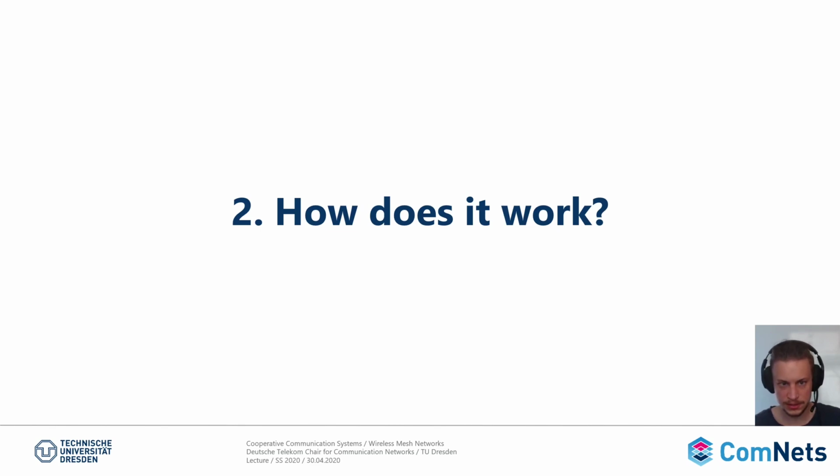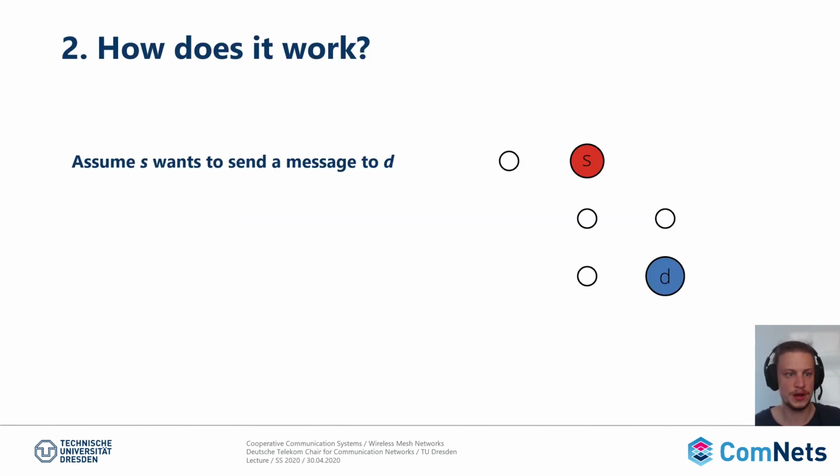So the second question is, how do wireless mesh networks actually work? What are the basic building blocks of them? Let's go back to our simple example. Let's assume S, we can call this node Susie, for example, or source, wants to send a message to D, Daisy, or destination. I will give you now a very superficial overview of the tasks and the structure of the